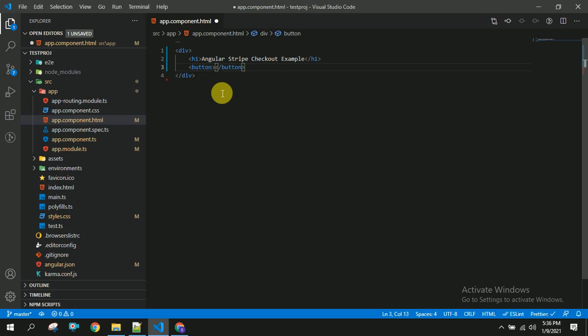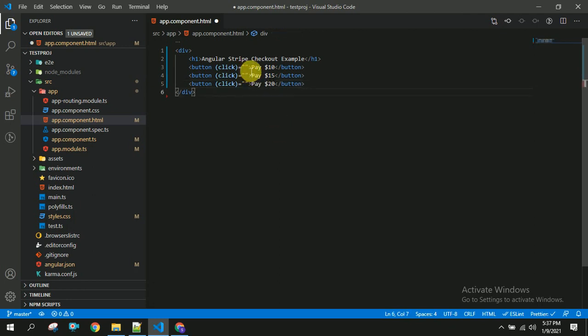In these buttons I am going to show pay some $15 or $10. We are going to see some $10. We are binding a click event. To this click event we are going to add some method. So first we will be copying this. We are showing three buttons to the user. One is $10 and one is $15 and other is $20.